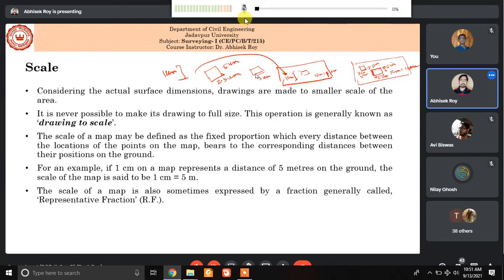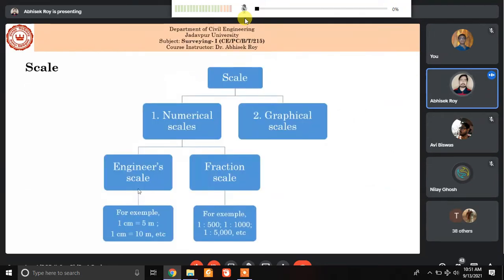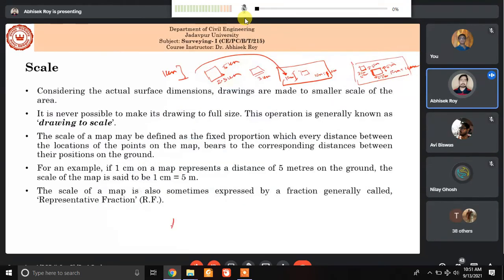Yes, sir. Okay. Now, the factor which we are adopting is known as representative fraction, or RF. So what is RF? RF, representative fraction, is basically the length